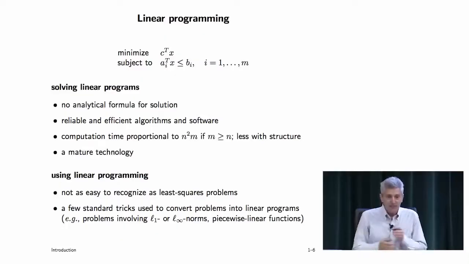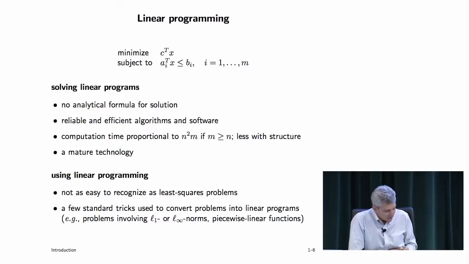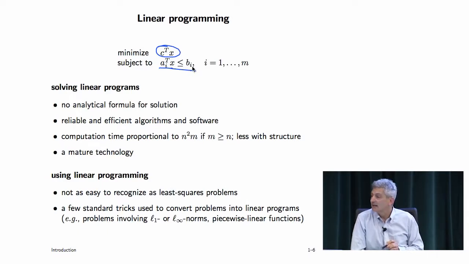So, okay. All right. So linear programming, let's talk about that. So linear programming, that's this problem. You minimize a linear function of a variable subject to some constraints which are a linear function less than a budget. Okay? So we'll talk about this in great detail later in the course. That's a linear program. This is also not new, by the way.